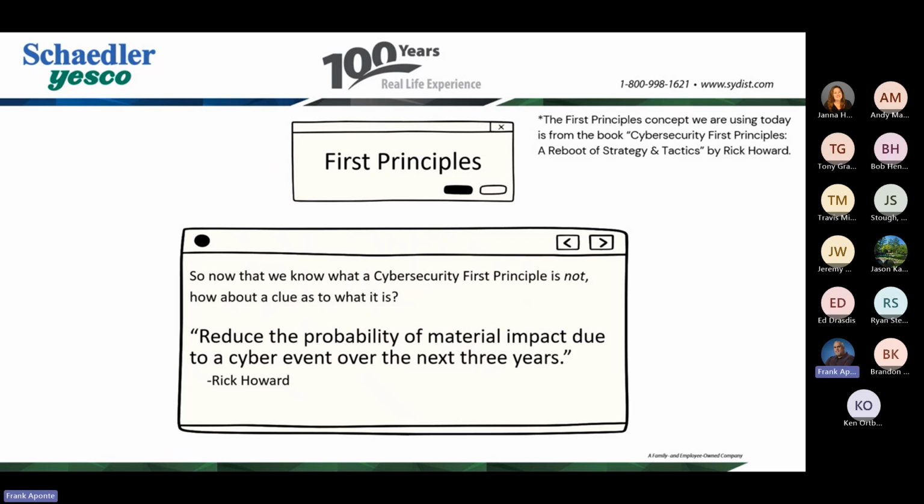So this may be perfect for your organization. It may be a little different, but I would suggest going with this as a good first principle to start with. That would be my suggestion. Take something like this, make it your own, and that will help give you some goals, set your priorities, and be able to better relay to leadership what you're trying to accomplish.